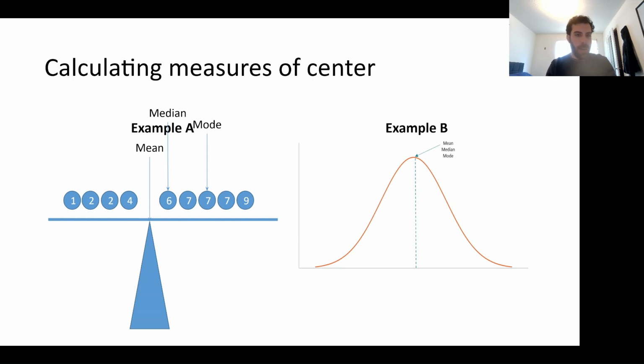And when you divide by 9, you will get 5 for your mean. The mode, on the other hand, is 7 because it appears 3 times. In the other example, your mean, median, and mode are exactly the same. It's the center of mass, the most popular data point, and in the middle if you were to order all